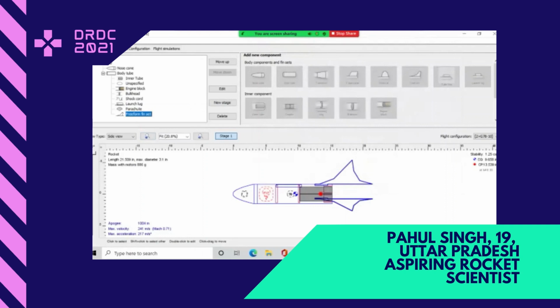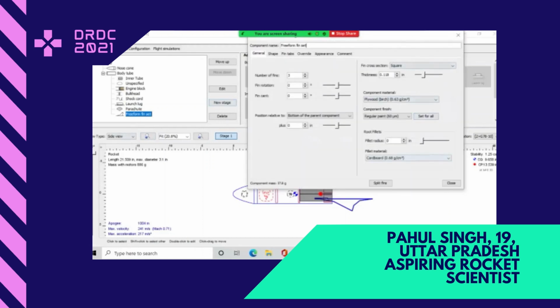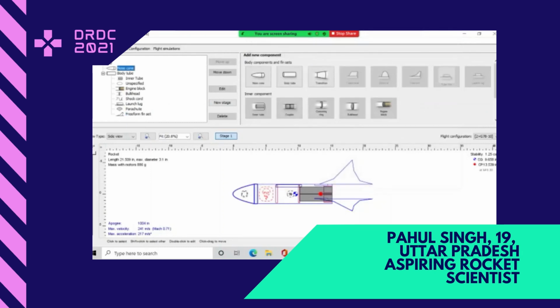This gives the maximum stability and the apogee that I had to have above 1,000 meters. Also, the fins are made out of wood, because I thought that cardboard would be a very light material and could be destroyed, because a lot of shear stress would be present on the fins, as they have to cut through the air and the drag so the rocket can soar above. So I used plywood, which has a density of 0.63 grams per centimeter cube, and it can cut through the air easily. Also, the nose is made out of carbon fiber.